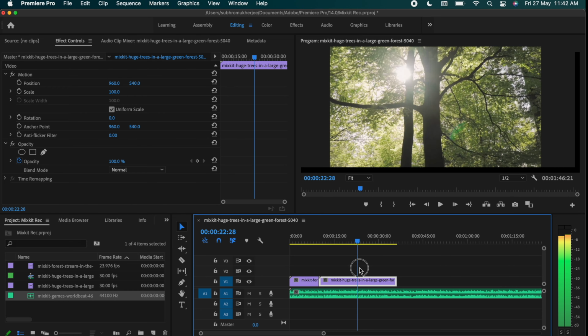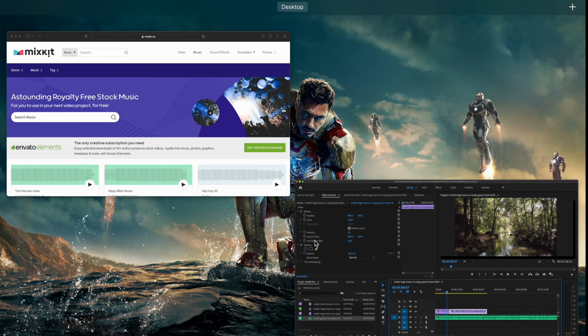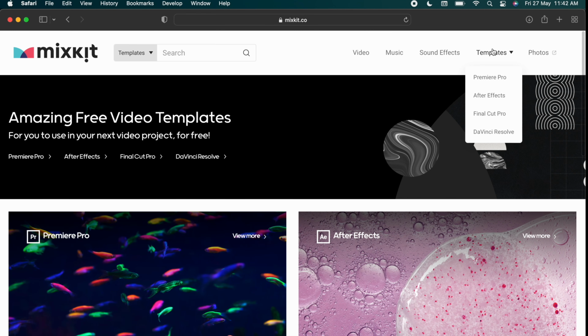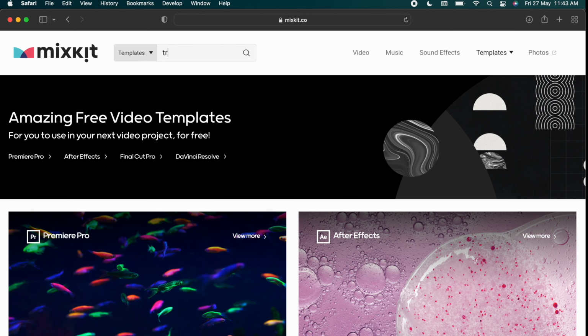Now I want to have some transition in between these 2 footages. So if you want to do that, you can again go to this website, go to templates, and then select your video editing software. For example, here I am using Premiere Pro, so I'll select Premiere Pro. Now in templates, search for transitions,